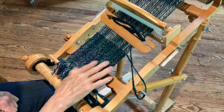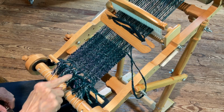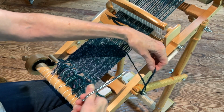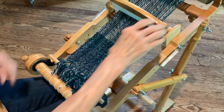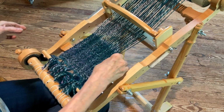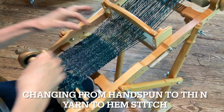Well, I just finished weaving 5 inches of the hand spun. Now what I'm going to do is change over to the yarn I'm going to use for hem stitching. I'm going to take that little end, tuck it into the next shed that I'm going to do,